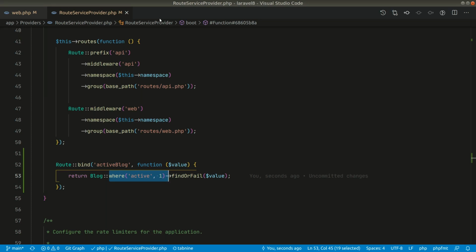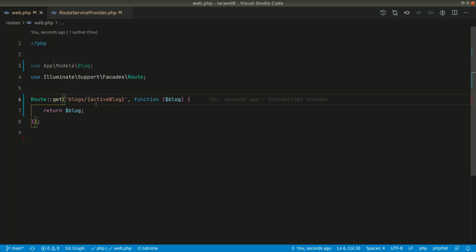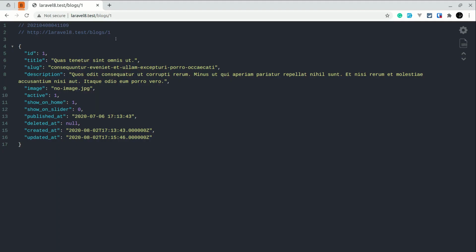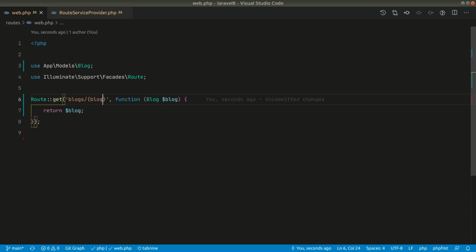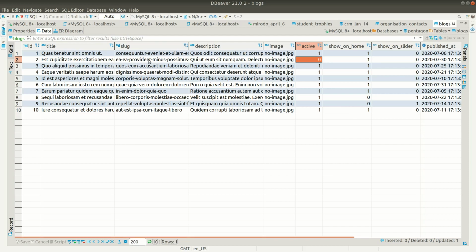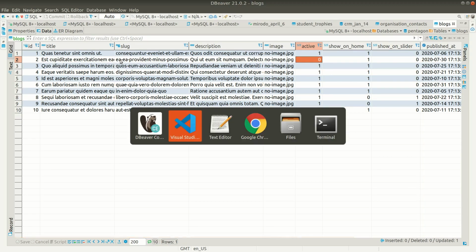There is one more thing that I need to show you guys. Let me comment this out, and here let's say blog like this, and blog like this. By default it will return the same thing, because by default it compares with the id, so 1 and 1. But if we want this to compare with the slug, then we can write blog colon slug, because we have a column named slug here. Now it will compare to slug instead of id. Let me copy this slug and paste it over here.